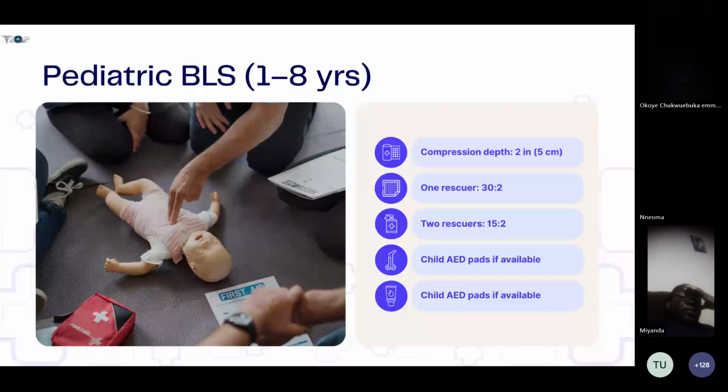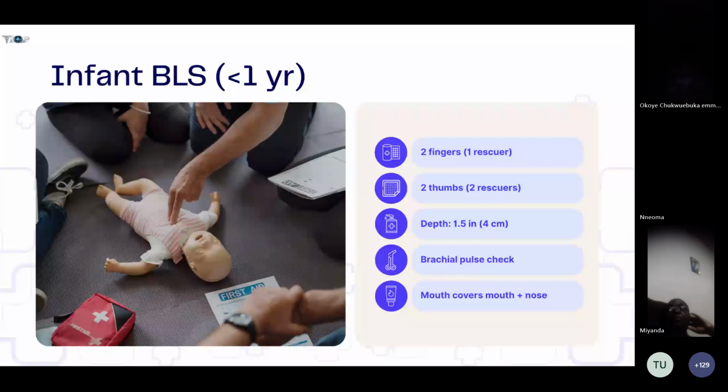Now, if you have automated external defibrillators for children, you can use them. Even if you are using adult pads, just make sure that they do not touch each other. Like I said, you place one up and one down. Now, for infant BLS, that is for children less than 1 year old, infants are very different. You use 2 fingers instead, unlike the other one whereby you interlace